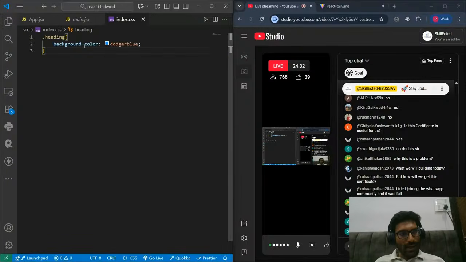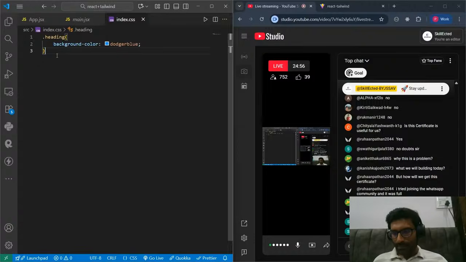Now tell me, is inheritance a problem or not? If we have the same class names, we will get confused and our CSS will get mixed up. So every time you have to come up with new unique class names to target the elements and style them.